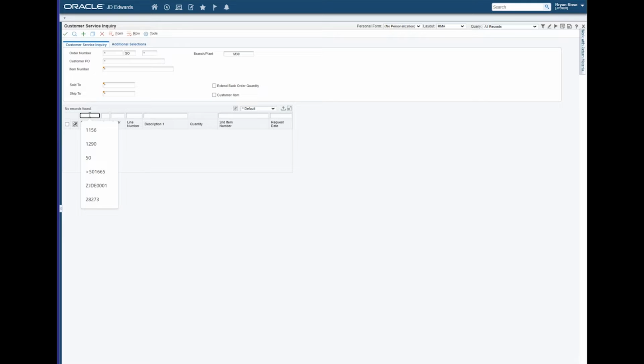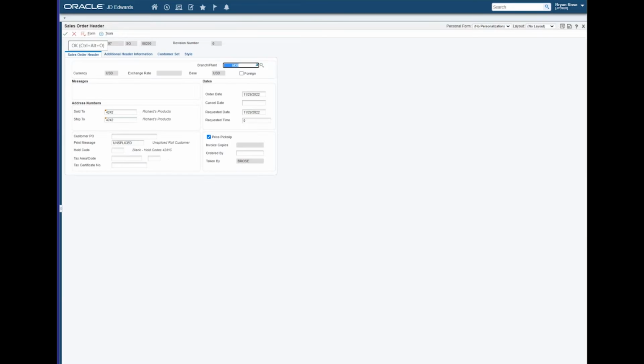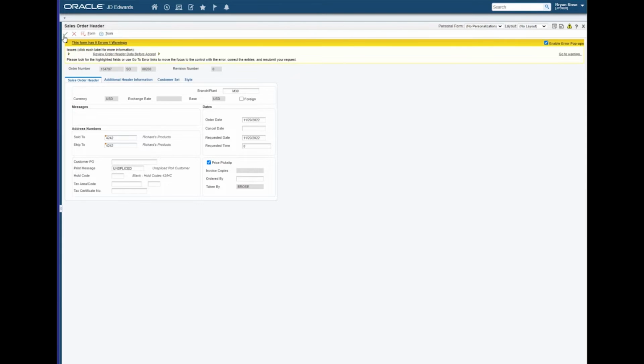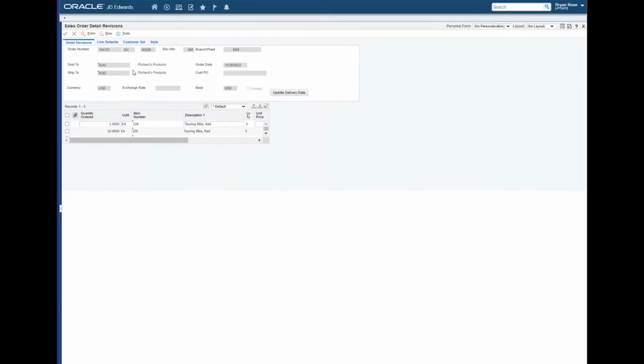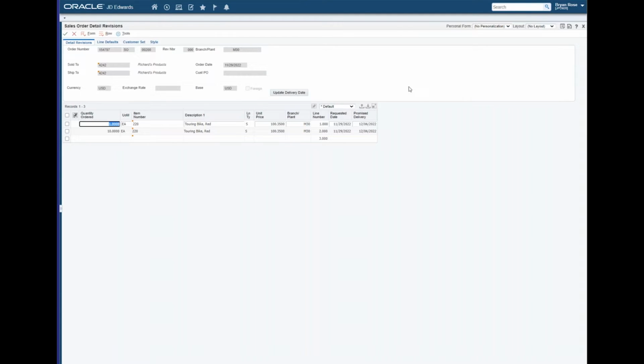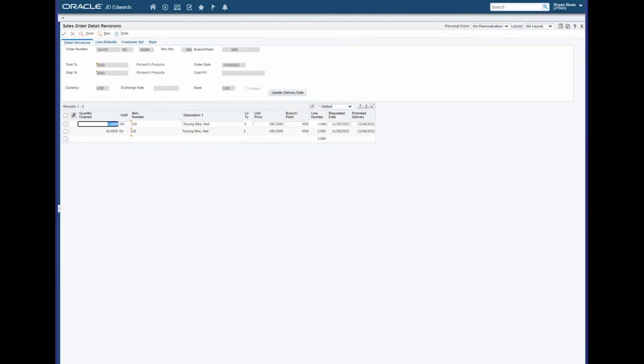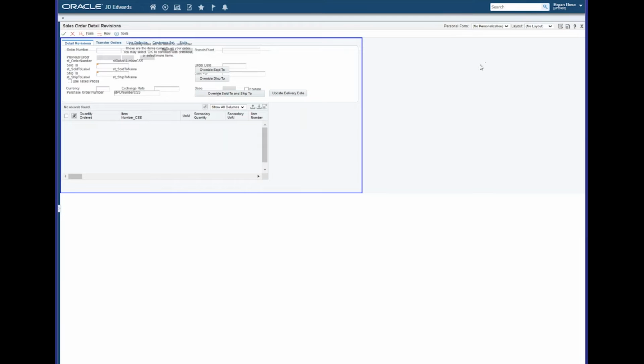So I'm going to grab an order here, 15477. Let's jump into this line. Okay, so you're going to see that there's this button here, and that's really not new to anyone, I would imagine. This is the ability to add that button to the application via a form extension. So that's this guy right here. If I click into this form extension,